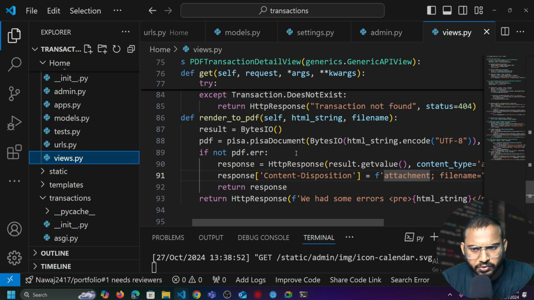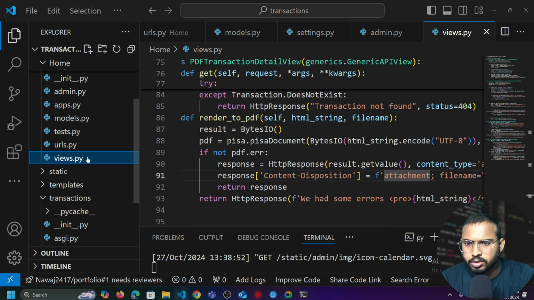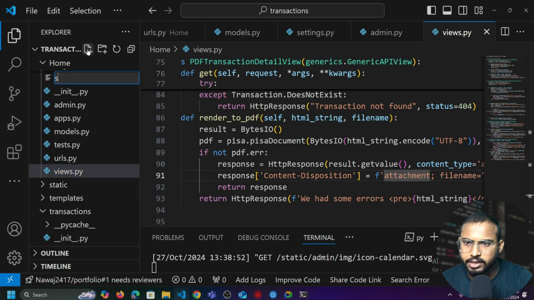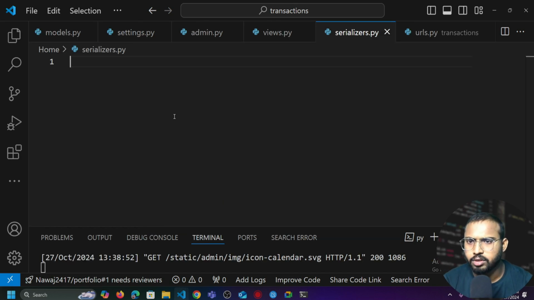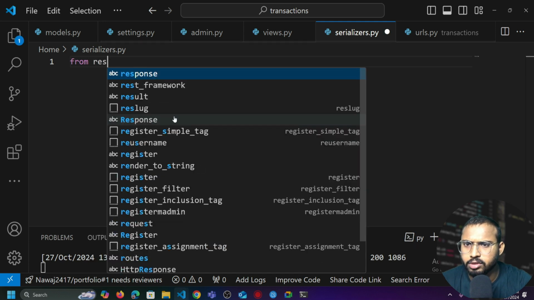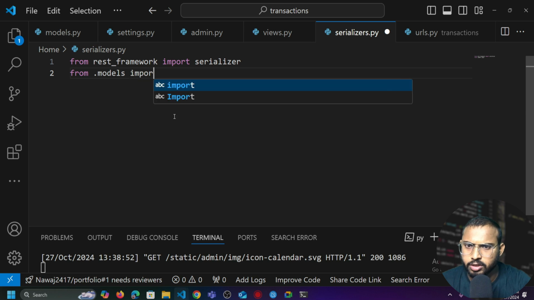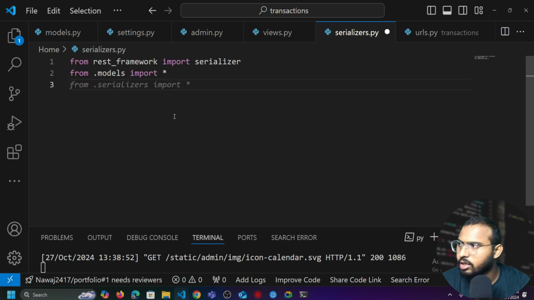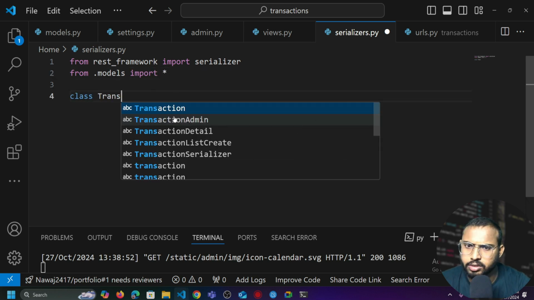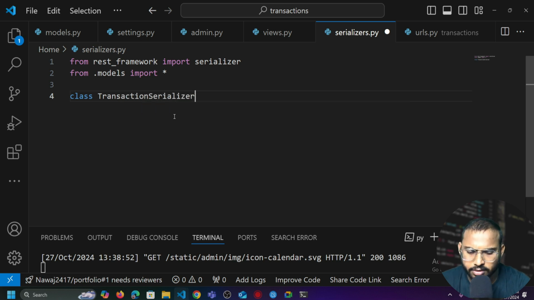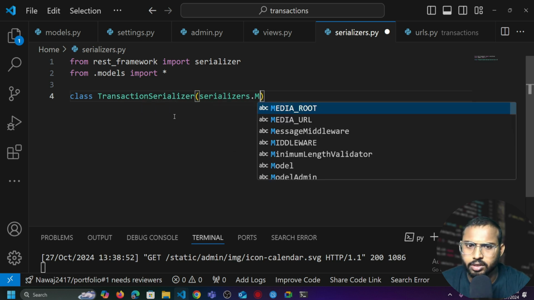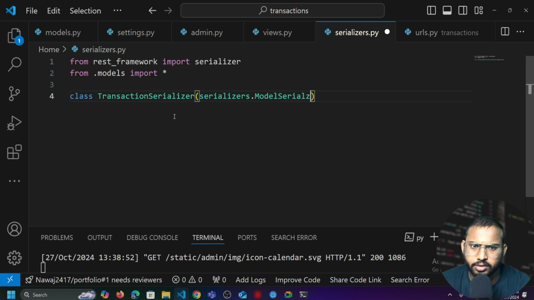And after defining the views functions, we also need to define the serializer. Here get one file again and write here serializers.py and from it first we need to import the serializer from our REST framework. So right here from rest_framework import serializers. After that from dot models import all models. Okay, define a serializer class here, class TransactionSerializer, serializers dot ModelSerializer,